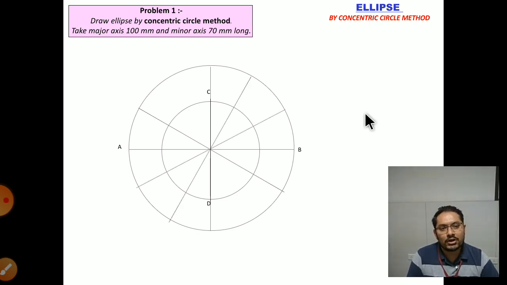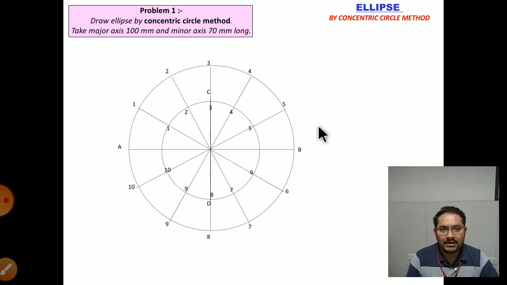Now, if you want to divide the circle into 12 equal parts, what do we have to do? Nothing but 360 divided by 12. So total angle 360 divided by 12, so we'll get the answer equal to 30 degrees. Okay. Next, let us provide names to the points interior and exterior to the circles, like 1, 2, 3, 4, 5, 6. You can change the names. If you want to use some A, B, C, D, you are free to do so.